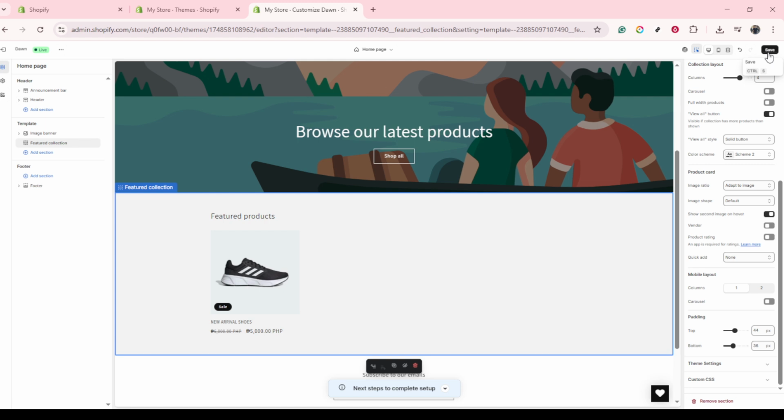And there you have it. You've successfully changed the background color in a specific section of your Shopify store. It's incredible how one small change can significantly affect the look and feel of your online presence. With just a few clicks, you've refreshed your store, potentially making it